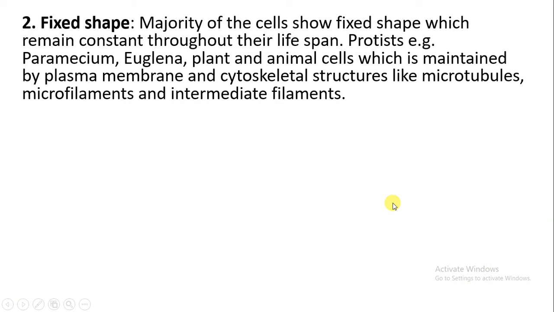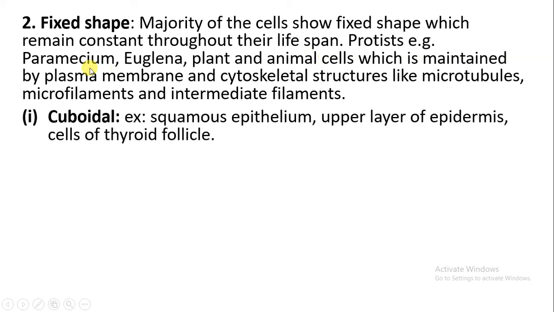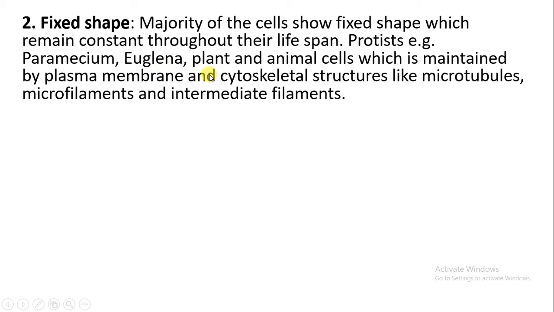Then next come the cells which are called fixed shape cells. So ज़्यादातर जो भी cells होते हैं they all have a fixed shape. उनका जो shape है हमेशा ही constant रहता है, पूरे life span तक के लिए. जैसे कि कुछ cells हैं जैसे कि पेरिमेशियम है, कुछ यूग्लेना है. Even some cells like the plants, animals, their cell shape remains constant for a long period of time through the lifespan. And here जो चीजें जो हैं इस सेल को फिक्स्ड शेप में रखती हैं दैट इज द प्लाज्मा